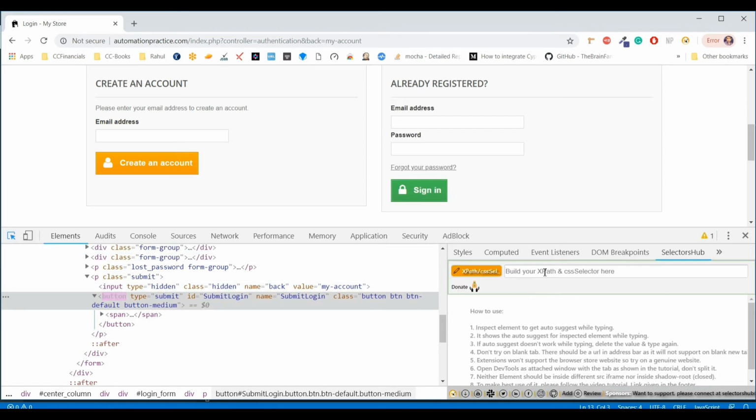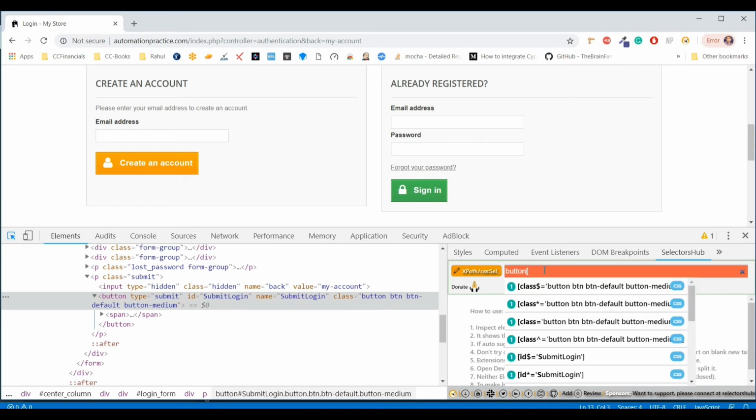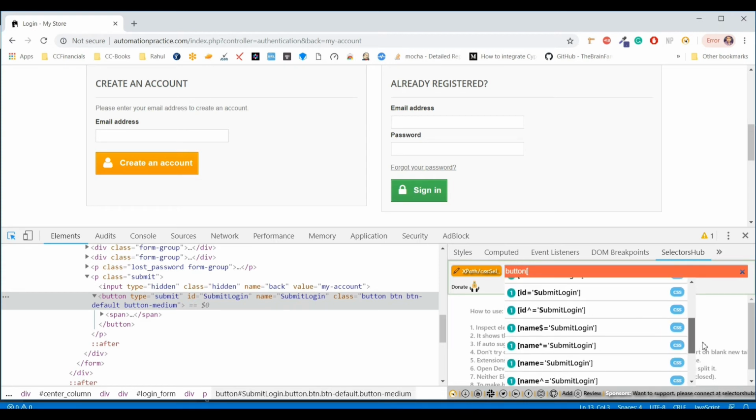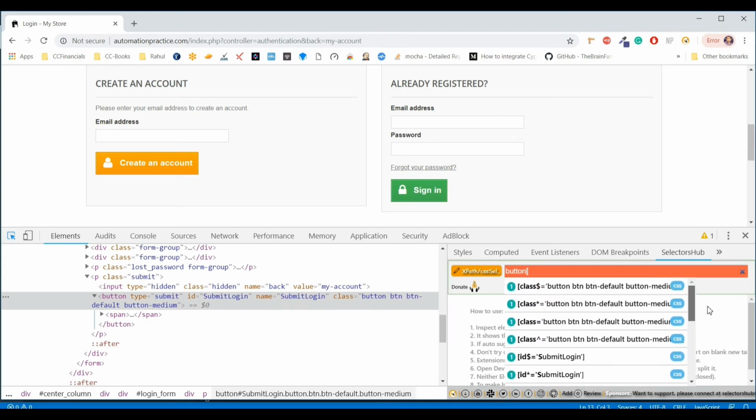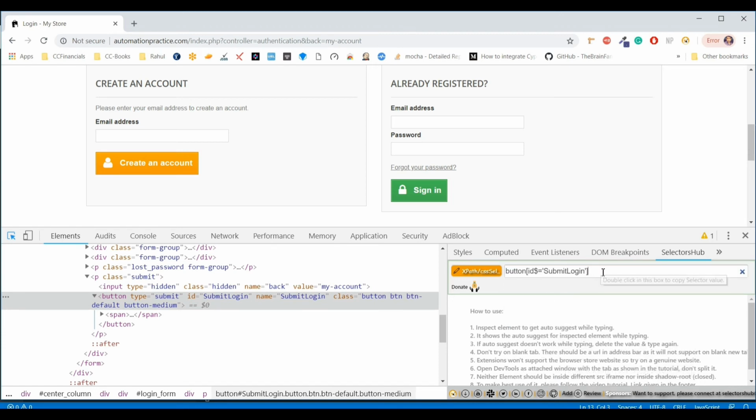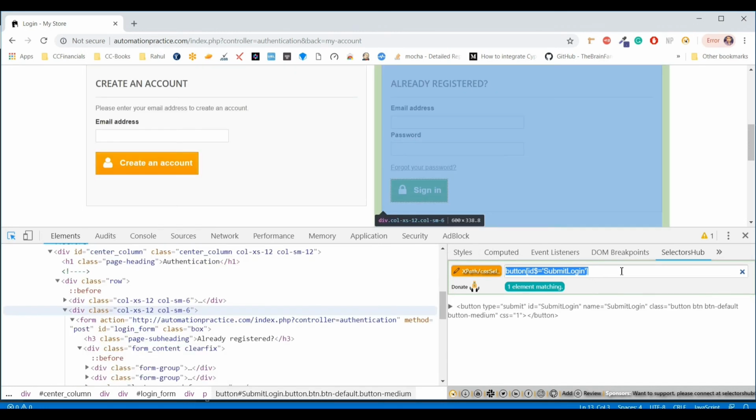So as soon as I type button, okay, and you can see it is giving me a list of all the unique locators for only this field. Okay, all this list is for this particular field only, so I'll use this one. Okay, it is highlighting the sign in button, you can see.